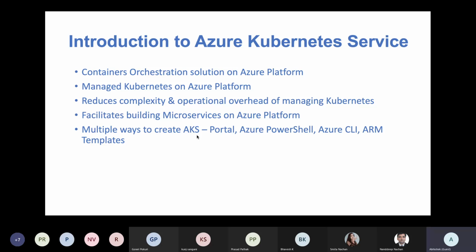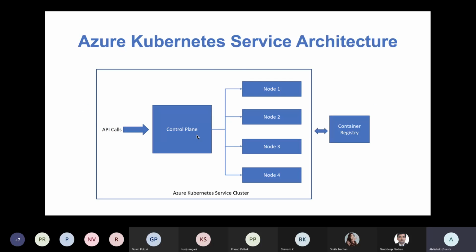So there are different options to work with Azure Kubernetes Service. I hope by now we got what AKS and containers are. So let me move to the architecture of Azure Kubernetes Service. When we see this, it has two major components. One is the control plane and another is the nodes. The control plane is nothing but the master node. We call the master node the control plane, and it controls all the nodes, or the worker nodes. This node 1 to node 4 that you see here are the worker nodes,